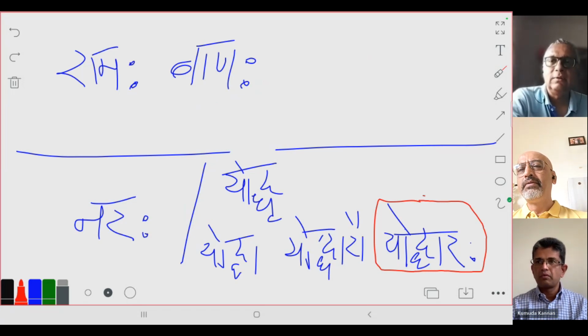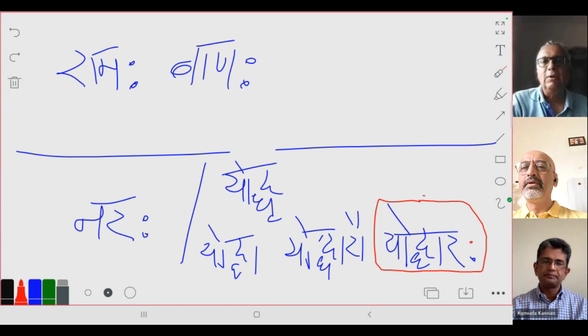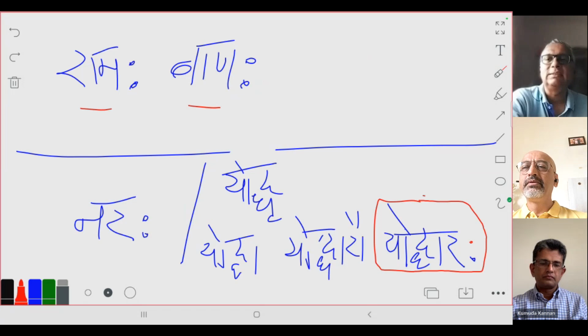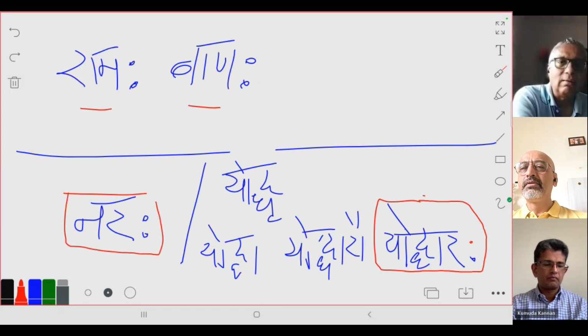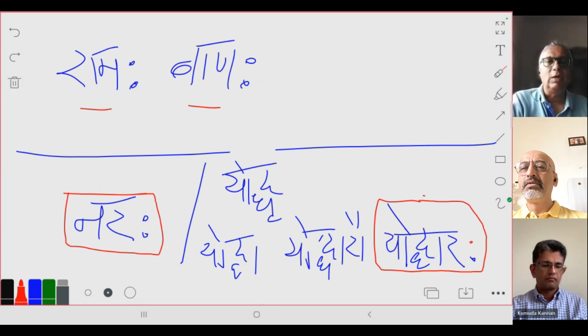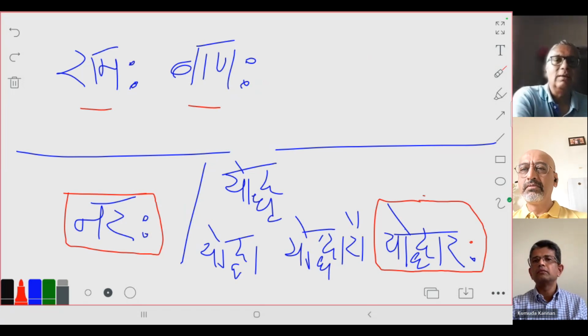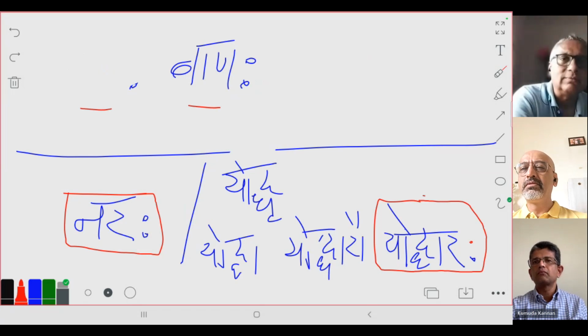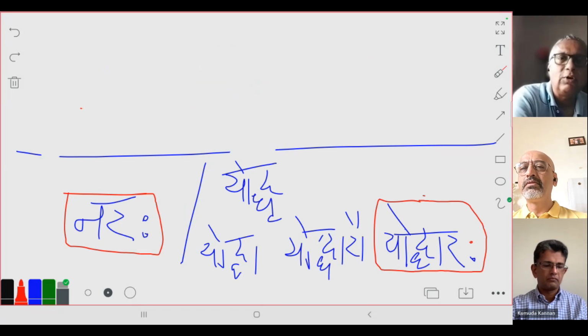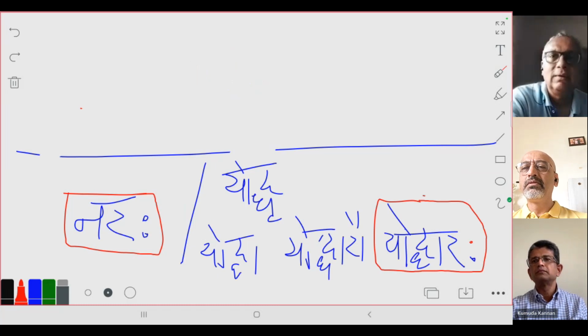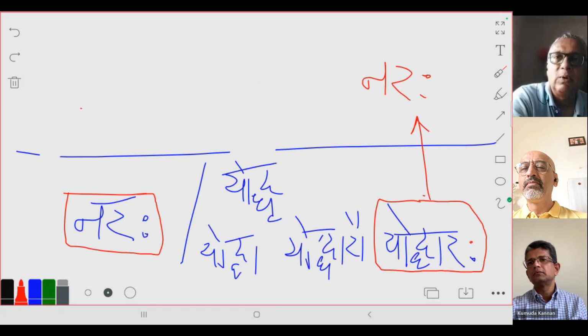Do you understand what I'm saying? Does this Yodha Rah also look like an Akaranta Ekavachana word like Ramaha, Banaha, because it's adding an Akara and a Visarga? The same problem is there with Naraha. Do you understand what I'm saying? So if you were to extrapolate from this Yodharaha, being a Bahuvachana word, if I were to tell you that Naraha is a Bahuvachana word,